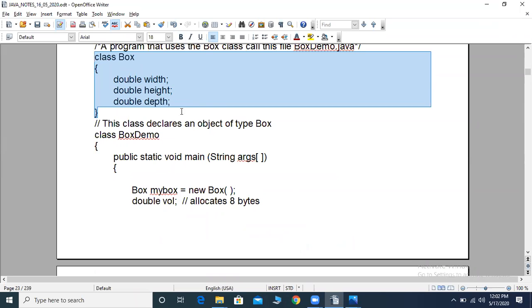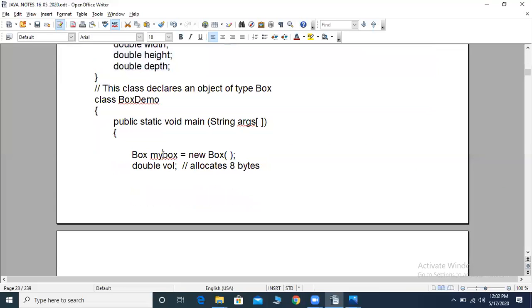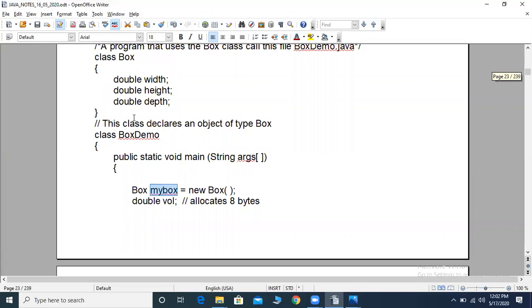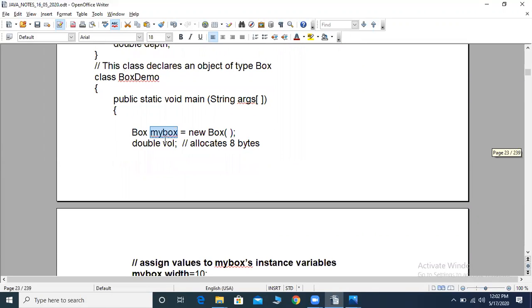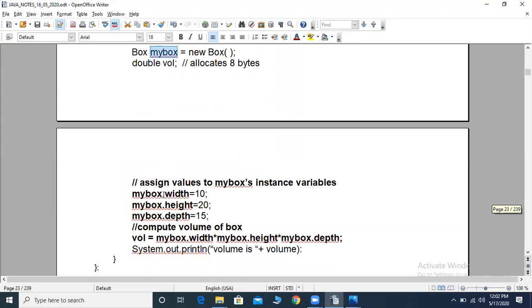In order to access and make use of these variables, we have to create an object. When some things are present inside the class, if we want to make use of them, we have to create an object. So we have created the object called myBox. By using that object, we can access these variables.